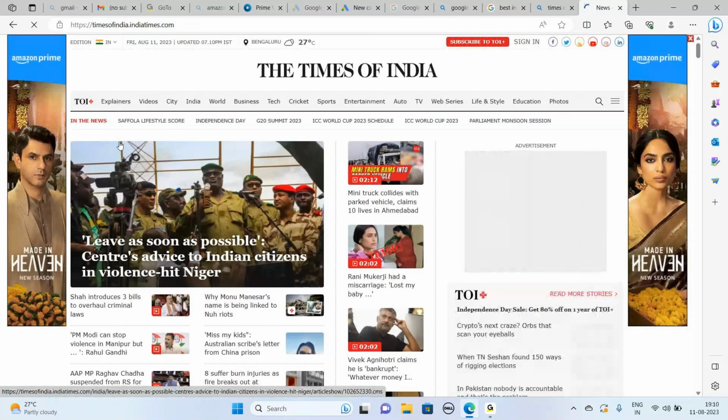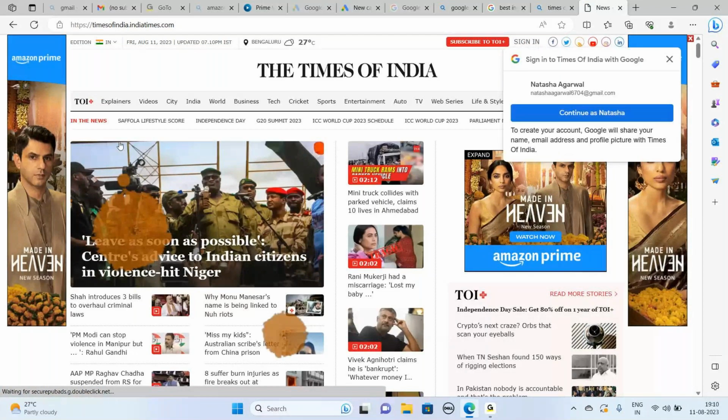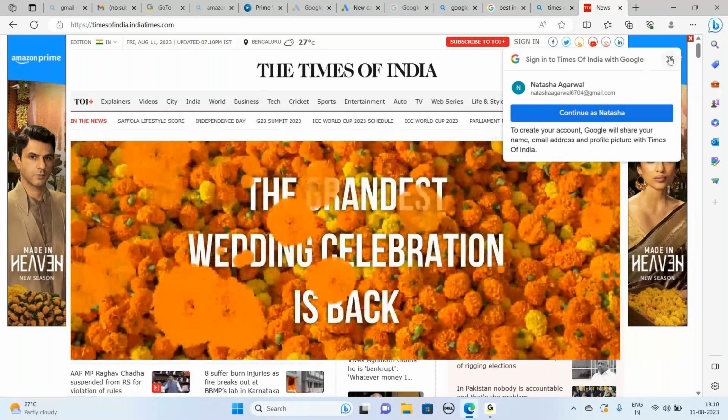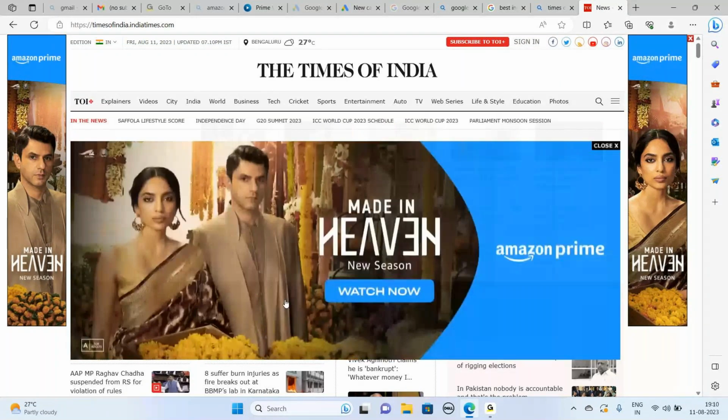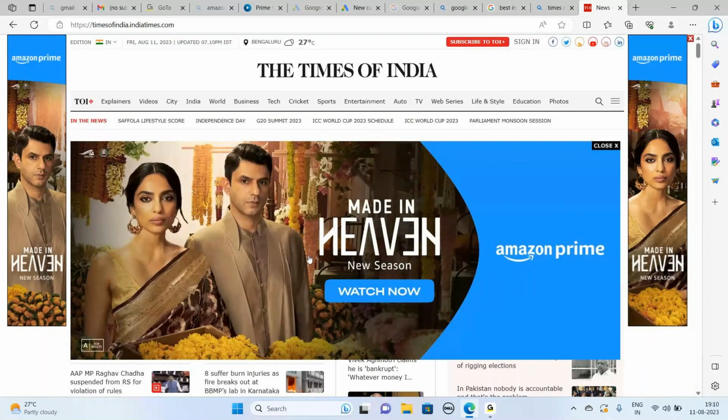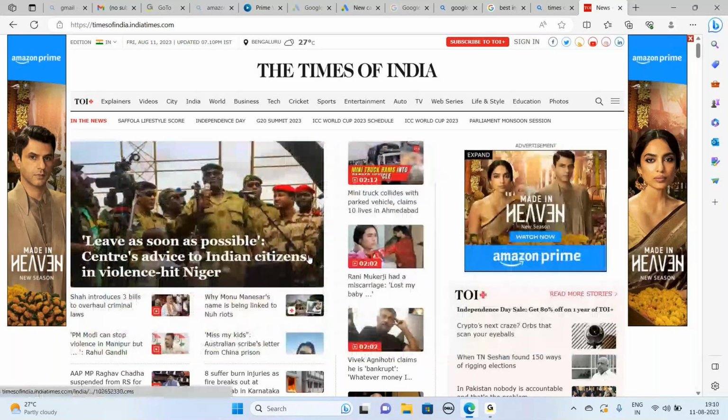Yes, so in this website you are able to see the ads over here, right? Here you can see the ads on the right-hand side or in between the screen, or sometimes if you go to any other website, it gets popped up with ads. Such ads we call display marketing ads, or display network ads.